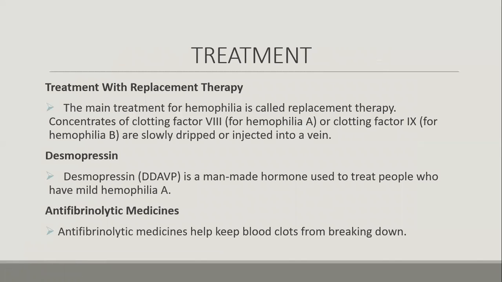Lastly, the treatment. Treatment with replacement therapy. The main treatment for hemophilia is called replacement therapy. Concentrates of clotting factor 8 for hemophilia A or clotting factor 9 for hemophilia B are slowly dripped or injected into a vein. Desmopressin. It is a man-made hormone used to treat people who have mild hemophilia A, antifibrinolytic medicines. It helps to keep blood clots from breaking down. These treatments use medicine,